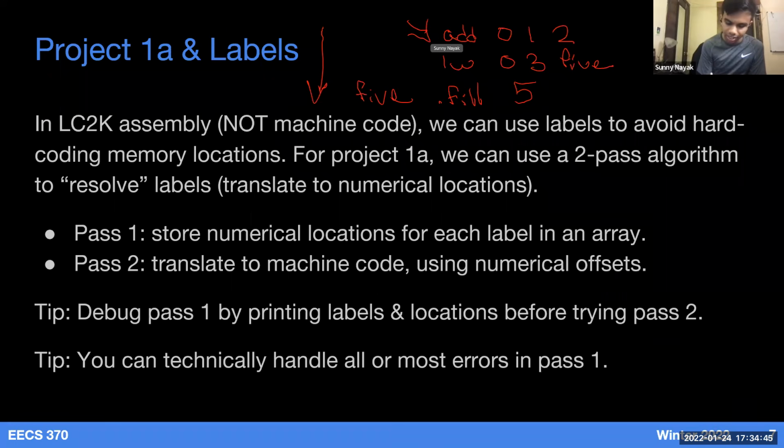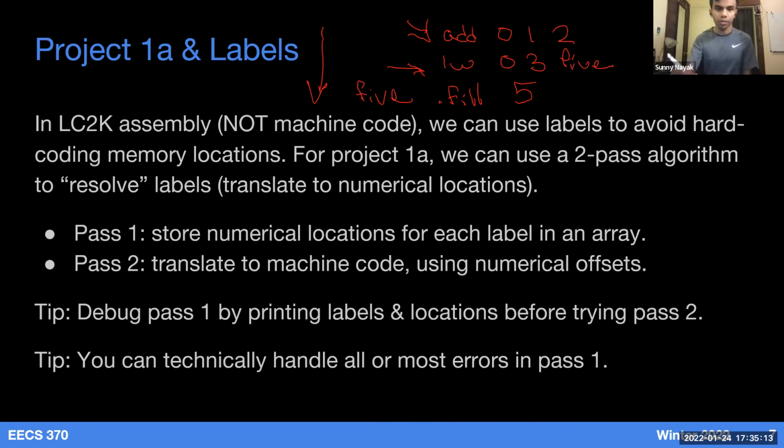But if I got to the second line, without looking forward, at this point I don't even know that the label or the dot fill exists. And I ran into the label 5, I would be very confused because I have never declared this label before. So our suggestion for perhaps how you should implement this is to go about it